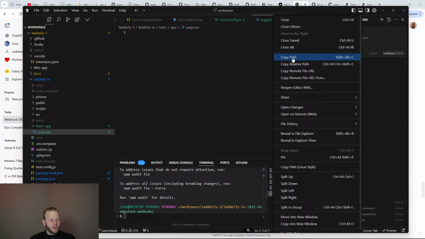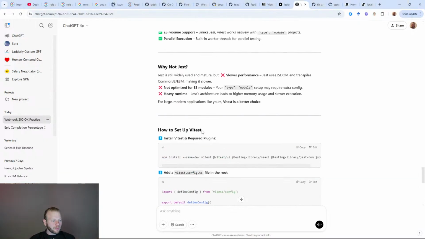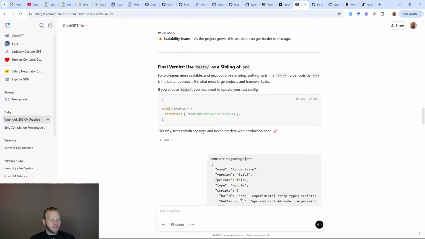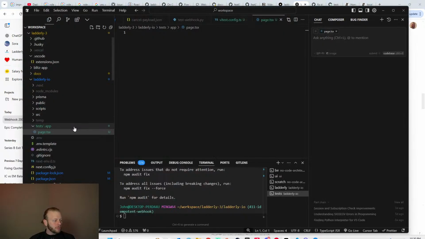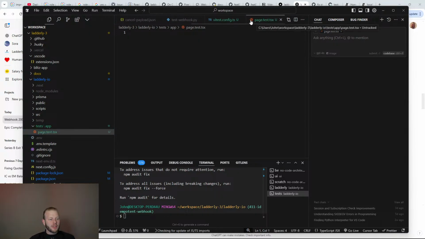Let's ask the chat. So I'll copy this path. And let's see if it wrote me an example. So it does just use the test.ts suffix, otherwise keeping the name literal. Works for me. So I'll call this page.test.tsx. Cool, I get some IntelliSense feedback here. My Cursor IDE is aware it's a test file, so I get a different icon. That's great.